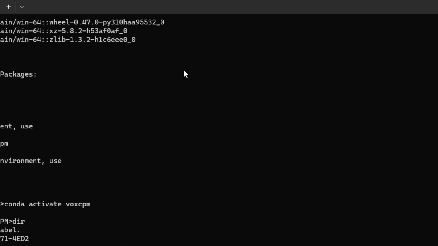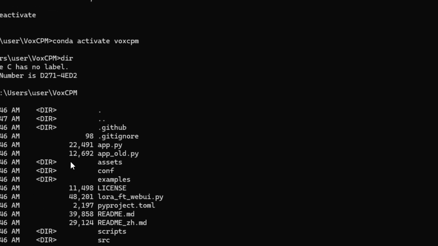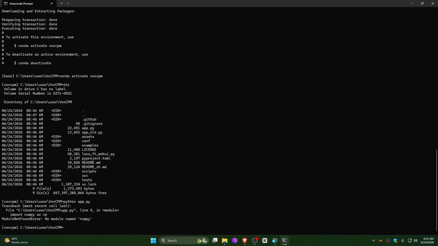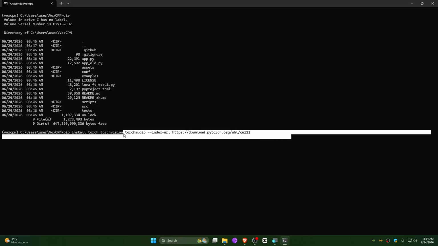Also, if you use the dir command to see what's inside this folder, we have app.py. Now let me try to launch this using python app.py and enter. But you can see we have some issue going on here, because we haven't installed some of the requirements that it needs. Now we are going to install the requirements using pip. You need to use pip to install torch, torchvision and torchaudio. Right click and paste this command, sorry, not this one. Right click and paste this one, which will download torch, torchvision and torchaudio,